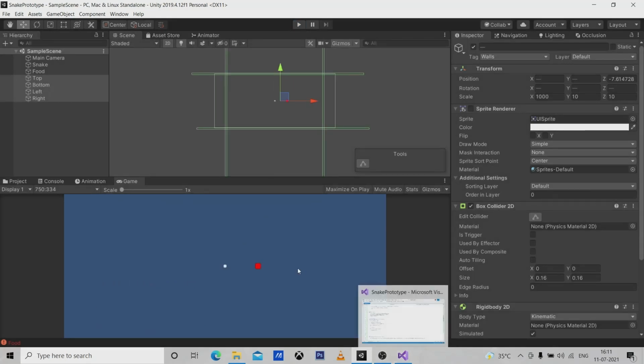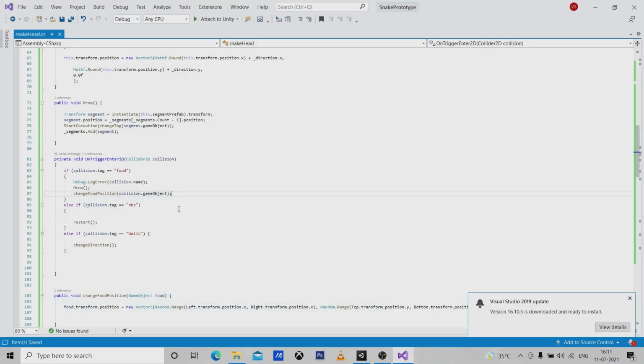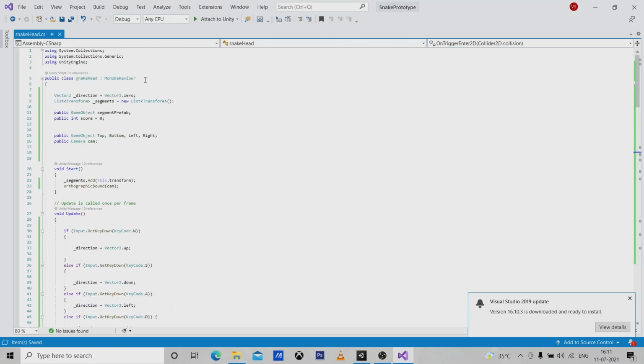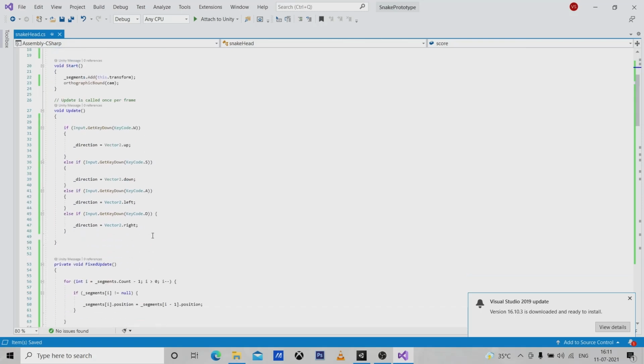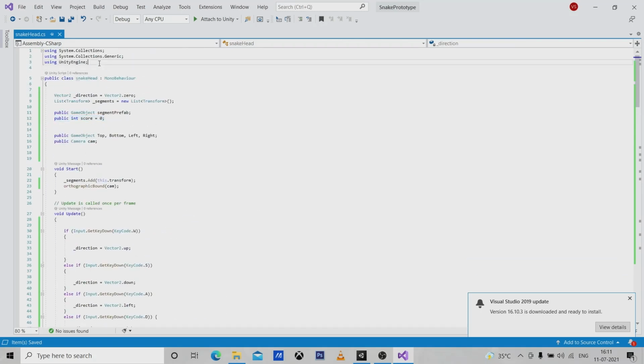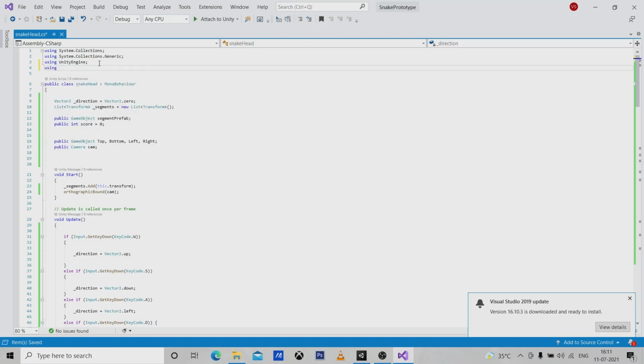Okay, so yeah, so I think now I'm going to create a variable for score. So I have already created this one, public int score. So using UnityEngine.UI. Okay, so score, here we create a public Text score. Okay,